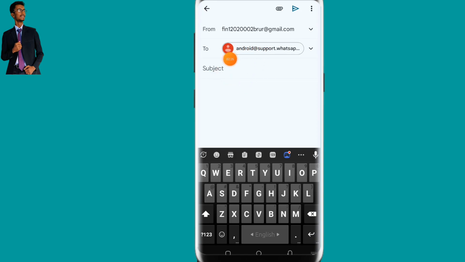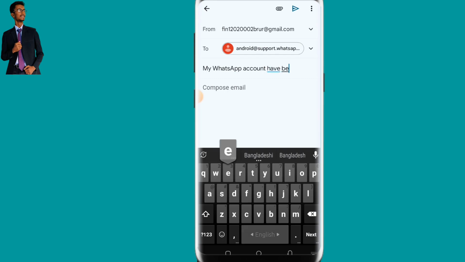appeal to WhatsApp, explaining why your WhatsApp has been banned. So in the subject you have to write: my WhatsApp account has been banned. You can see here, my WhatsApp account has been banned, and in compose email you have to write an